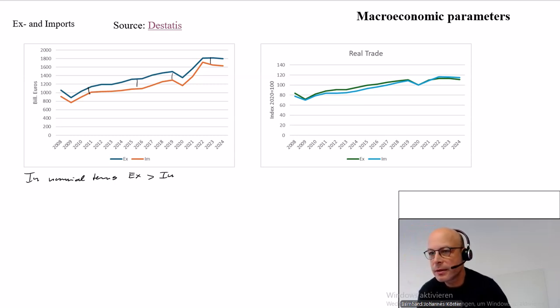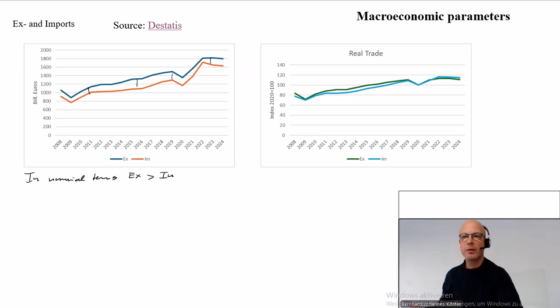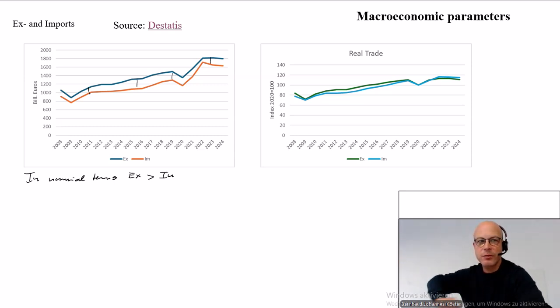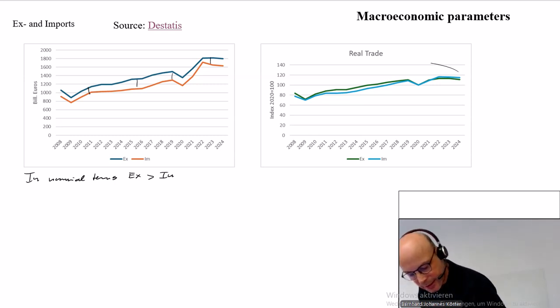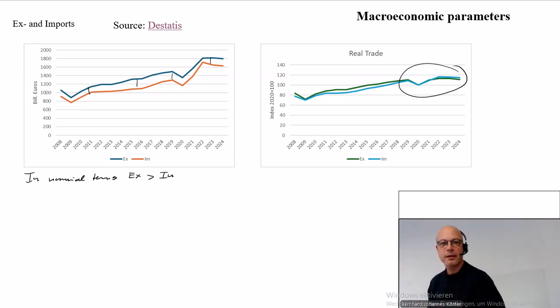So from this you have a positive trade balance, while when you are getting rid of the price effect, this is the same way as you do the price adjustment when we talked in macroeconomics from nominal GDP to real GDP. This is just then done with the export prices and the import prices. Then you really see here that in real terms,